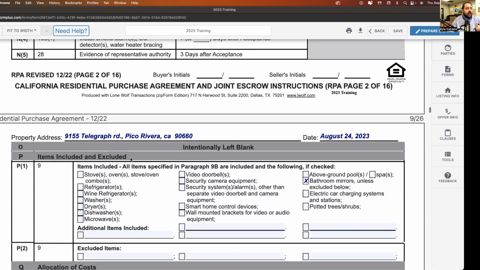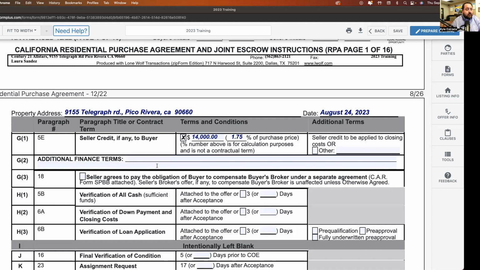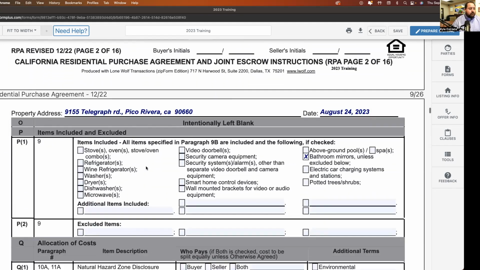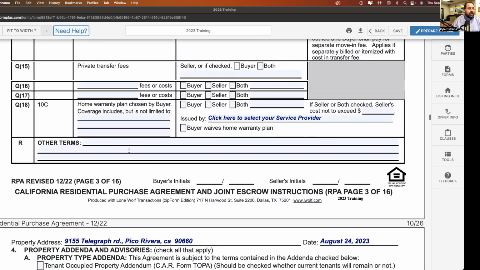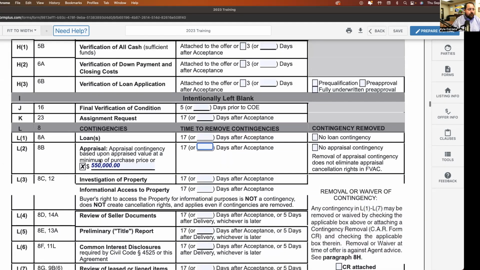Now, I can still add in additional terms as we get down here. I can still write in, where did my section go? Where I want to write additional finance terms. I could write in here, buyer agrees to pay $10,000 over appraised value. I could write that in down here. But this section alone, when I write my offer this way, is saying that if I'm offering you 560, I'm still going to pay you 560 as long as it appraises for 550 or more. So you could just do that math very simply.